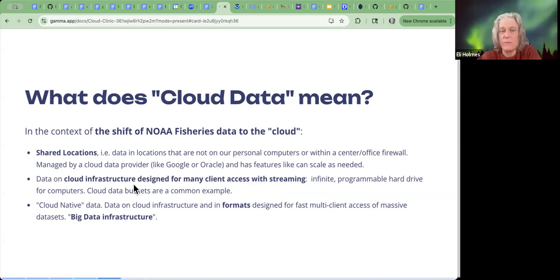It's not quite the same thing. It is using the cloud infrastructure for sure, but it has an extra part, which is a particular format that allows you to interact with the data in chunks. This is very important for those of you who are working with big data.